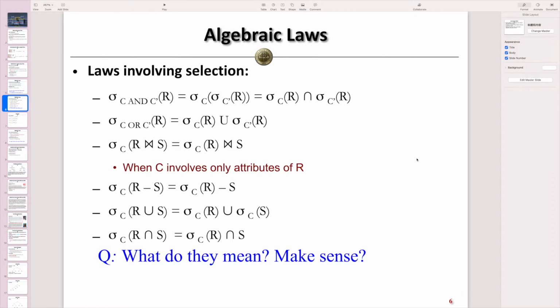Okay, so in the previous page, we showed you some laws about union, intersection, as well as joins. In this page, we can further show some more laws involving the selection operator. And we show you some examples. Let's assume we have a relation R, and we have two conditions, C and C prime, and we